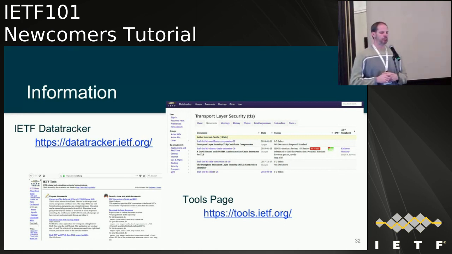The second page is what we refer to as the tools page. The tools page started as an informal collection of things that people have put together to make their job of participating in the IETF easier. And we started pulling those together so they could be shared. On the tools page, you can find a wealth of scripts, programs, templates, what have you, for writing a document,